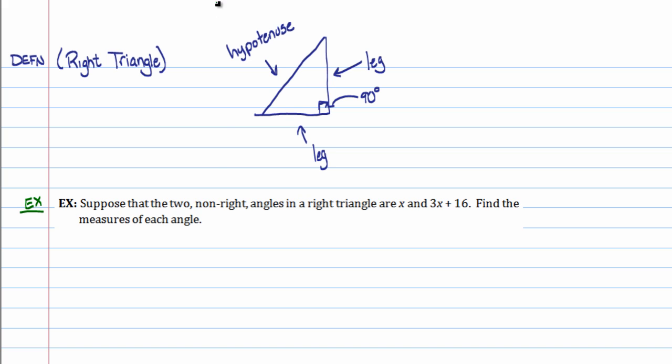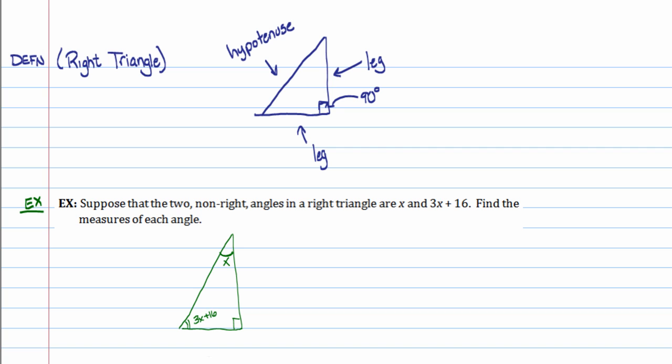And we'll go ahead and just do a little example here. Suppose that the two non-right angles in a right triangle are x and 3x plus 16. Find the measures of each angle within the triangle. Well, obviously one of the angles is measured 90 degrees because it's a right triangle. So let's pretend that this angle right here is angle x. We usually use that arc to indicate that that is an angle right there. And I'll use a double arc to indicate this is a completely different measure angle, and we'll call this 3x